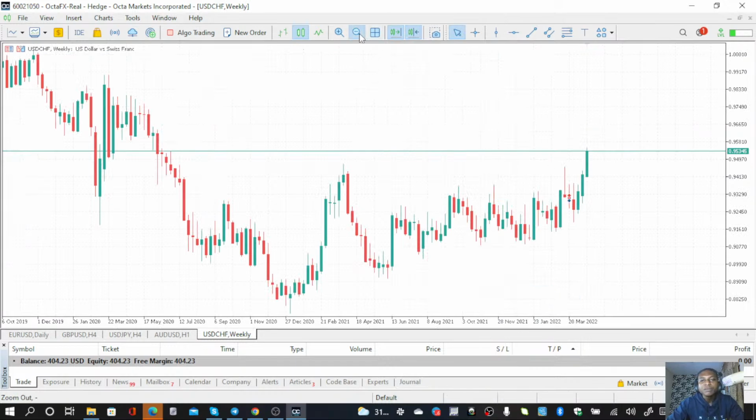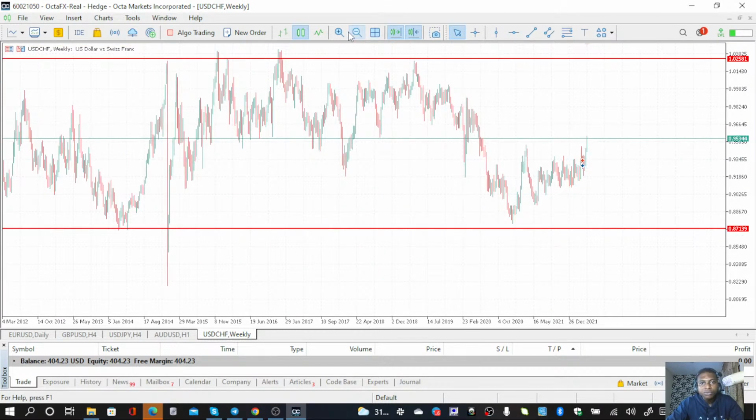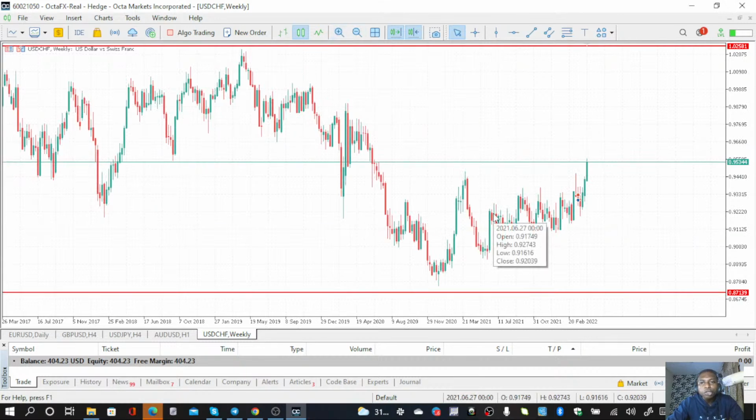Now, if you look at the weekly time frame, you will see that there is so much momentum to the upside here. Now, don't forget, if you look at this very well,